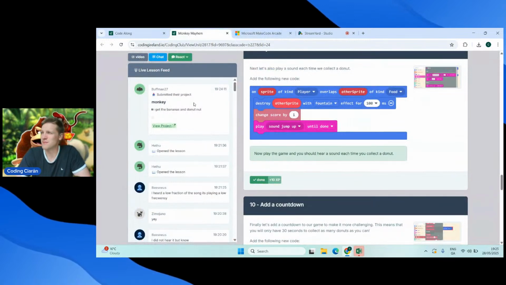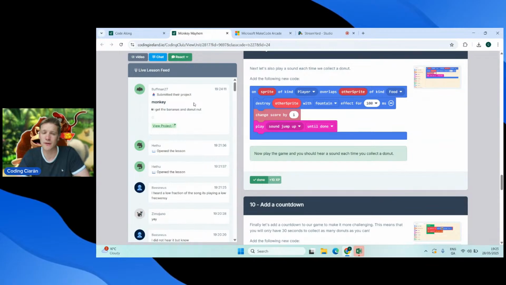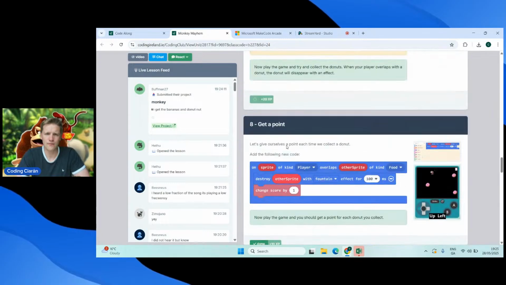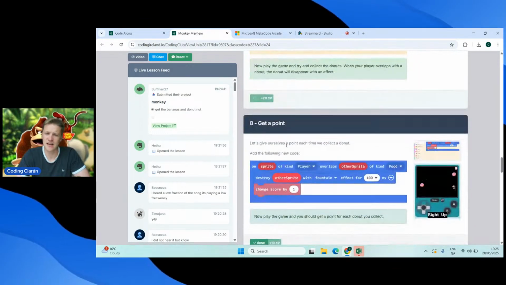Also, your donuts are very big. Not that I don't like big donuts as much as the next person, but they might be too big for the actual screen, so they're making the game maybe a little bit too easy. But I hope that the rest of the game looks really good. Well